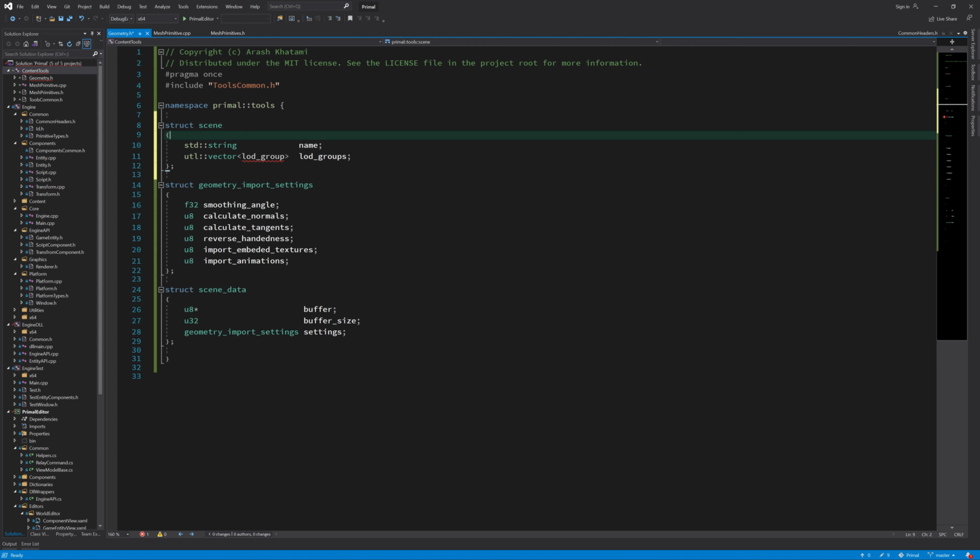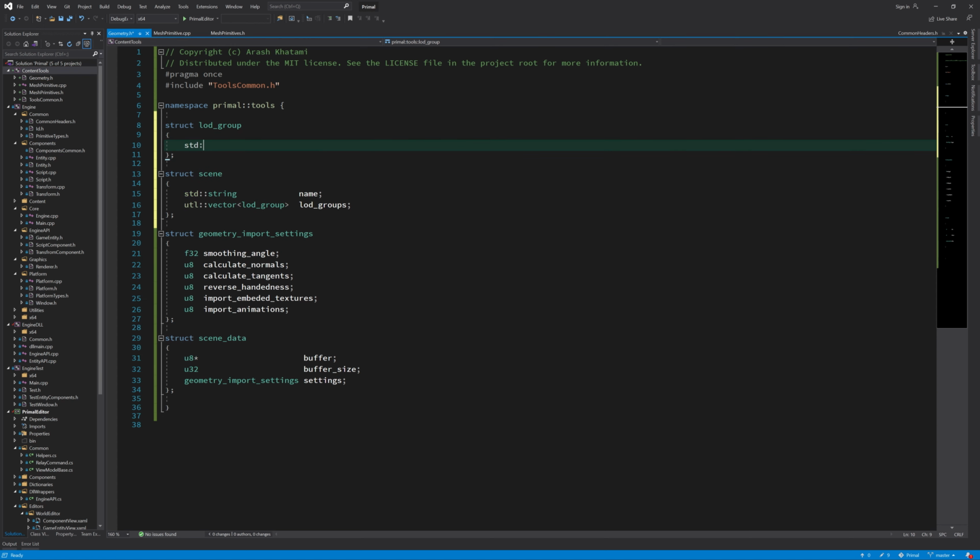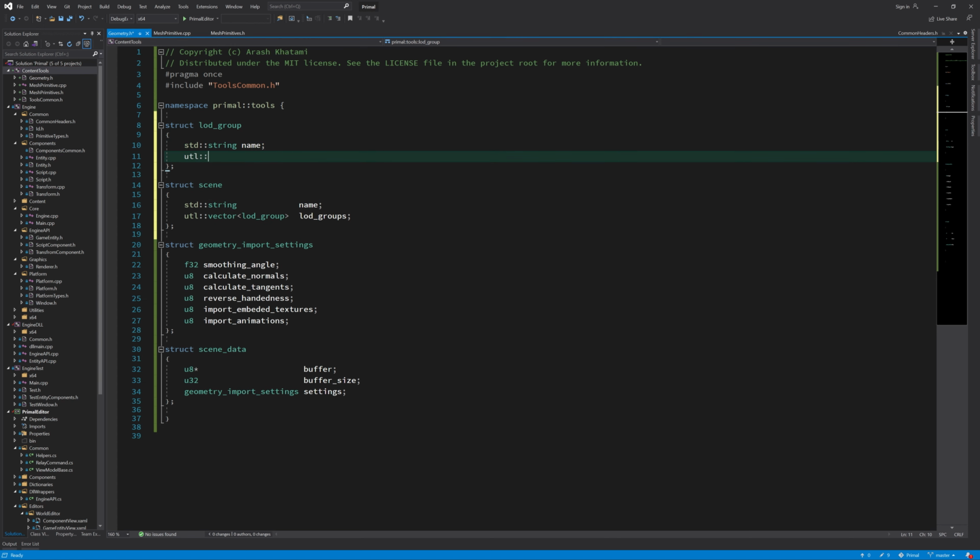So a scene has a name and an array or a list of LOD groups, where LOD stands for level of detail. It is a group of meshes that represent an object and all the levels of detail in that object. So this LOD group contains a list of meshes, and these meshes define what each level of detail of this